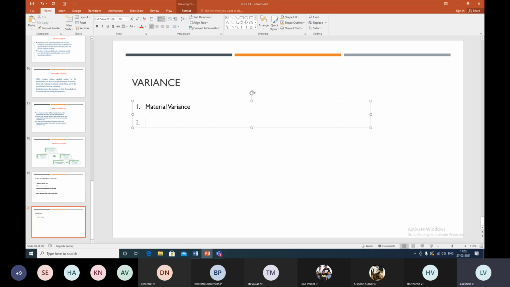Okay, and the second one will be the labor variance, and the third one will be the overhead variance. Okay, so material variance na எவ்வளவு நம்மளுக்கு இன்புட் தேவைப்படுது, ஸ்டாண்டர்ட் எல்லாத்துலயுமே வந்து ஸ்டாண்டர்ட் ஆக்சுவல் இன்ஃபர்மேஷன் will be given to you. Okay, so material variance if you take means எவ்வளவு இன்புட், எவ்வளவு குவான்டிட்டி கொண்டு வரோம், எவ்வளவு அதுக்கு பிரைஸ், மெட்டீரியல் பிரைஸஸ்